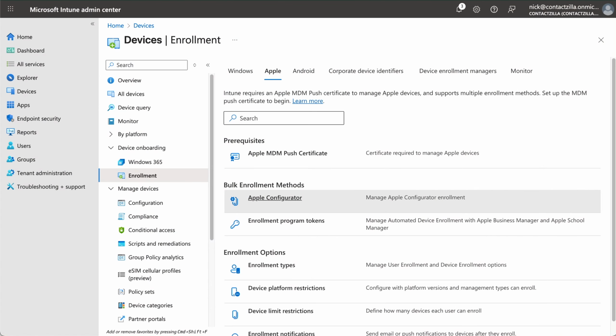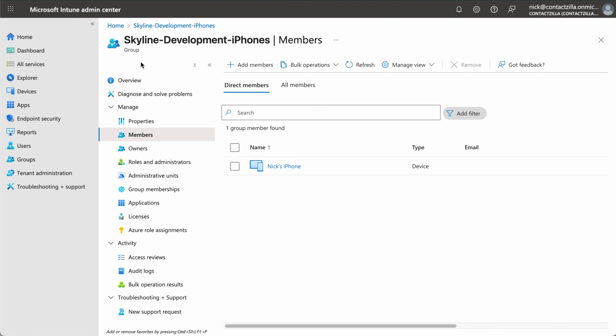So before we start, MS Intune itself needs to be ready. That means your Apple MDM push certificate is active and your iOS device group is set up in Intune. I've created one here, which is named after my Contactzilla team, and I've added an iPhone to this group. You may well have dozens or hundreds of phones enrolled in your group, and the process will be exactly the